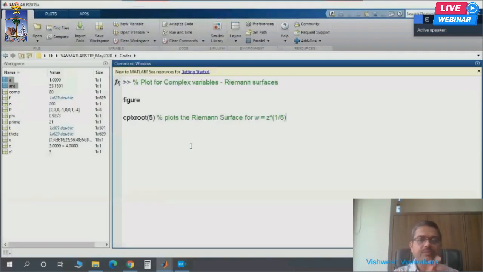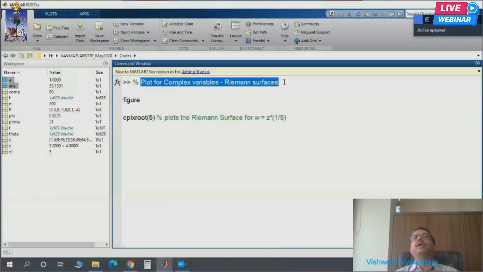Now, plots for complex variables, Riemann surfaces, a very interesting concept in complex analysis introduced by the great Riemann, basically to take care of multi-valued functions.